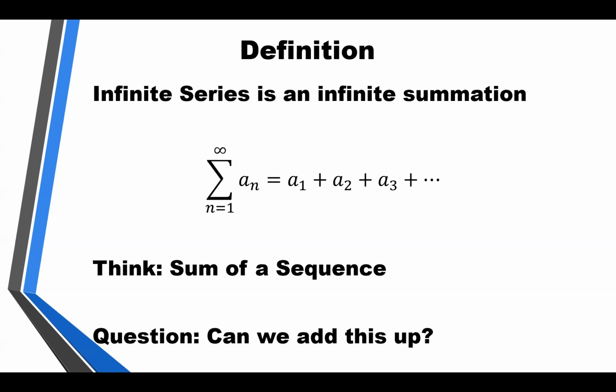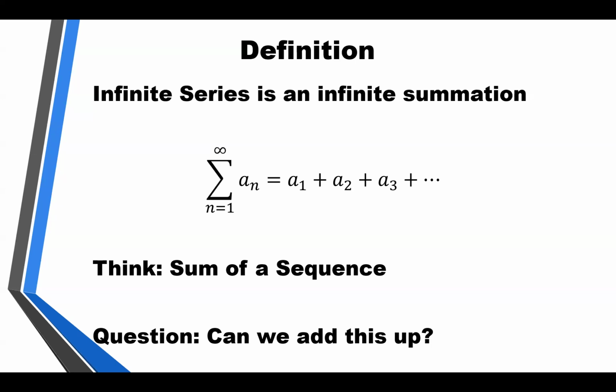So we add these things up, and if we think about A1, A2, A3, so on and so forth, as being the terms in a sequence, then an infinite series can be thought of as the sum of a sequence. Now, the big question is, can we add this up? Does it make sense to add up an